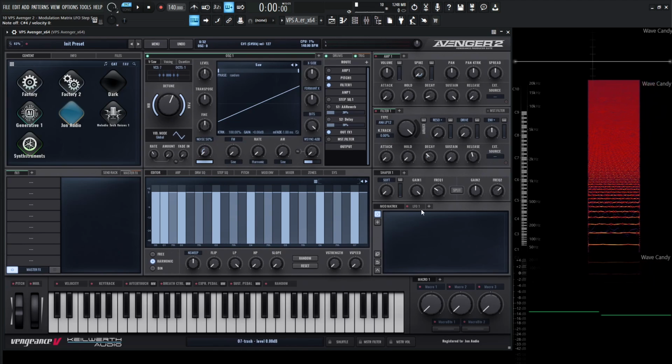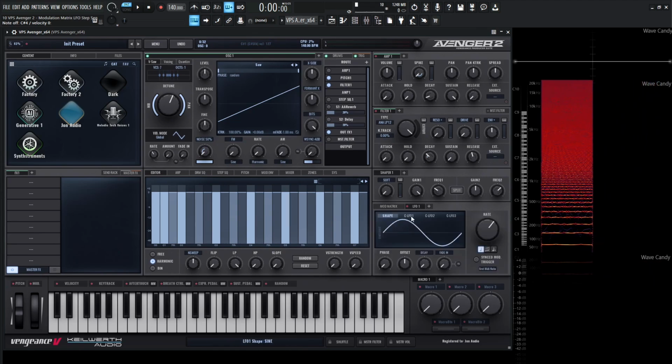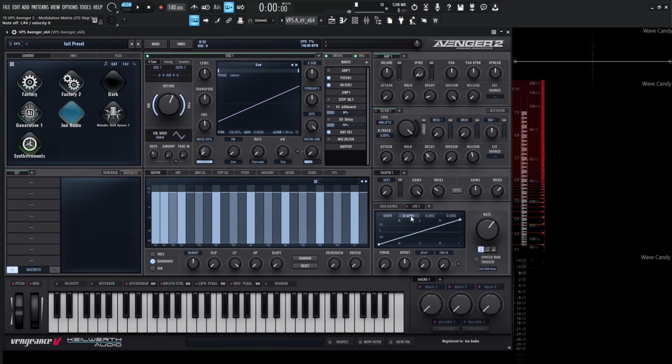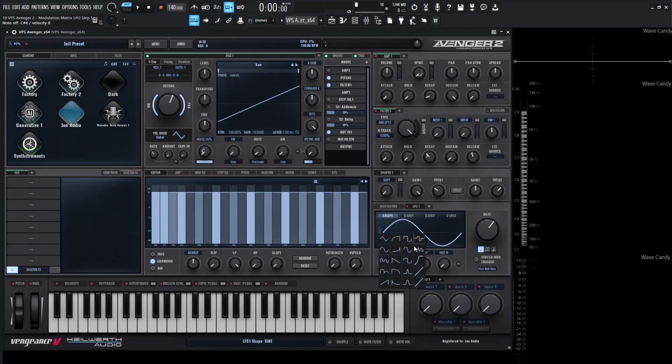So from here, we can go to our LFO section, and then where it says CLFO1, we can start drawing our custom LFO shapes. So with this node, we can bring this somewhere around the middle area right here, give this a little bit of a curve. And then back in our shape area, we need to tell this LFO to use the custom shape that we just made. So if we click this here and then select our custom shape, which shows up right here,